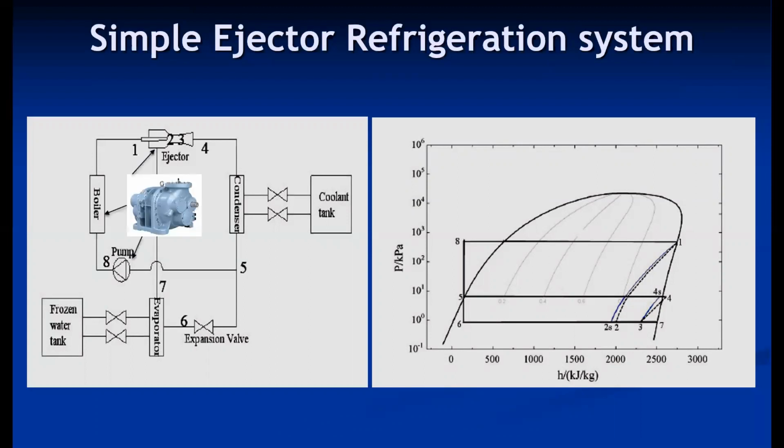If you see the compressor system, this is the compressor system. The compressor sucks the refrigerant from the evaporator, then compresses it to a high pressure, high temperature. This refrigerant is made to flow through the condenser, where with the help of the cooling medium, the refrigerant gets condensed. The condensed refrigerant then flows through the expansion valve before entering the evaporator, where heat is absorbed from, in this case, the chilled water tank. Because of the absorption of heat, the refrigerant evaporates and is sent back to the compressor.